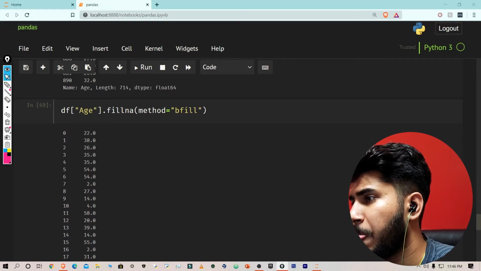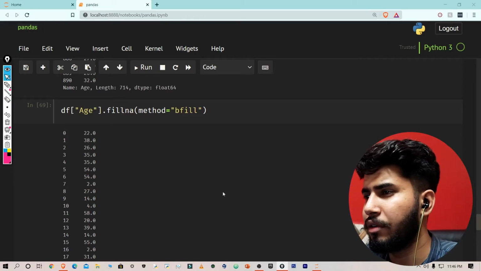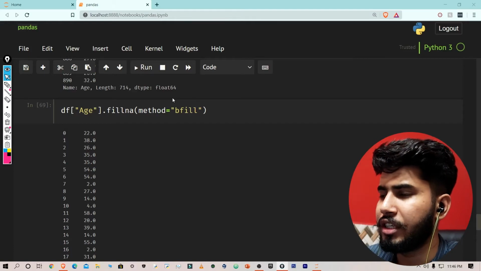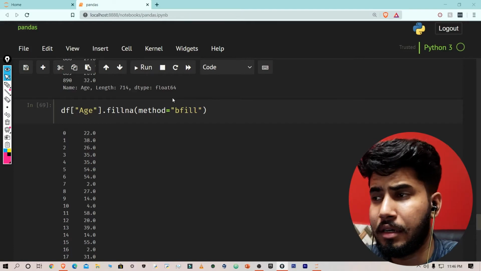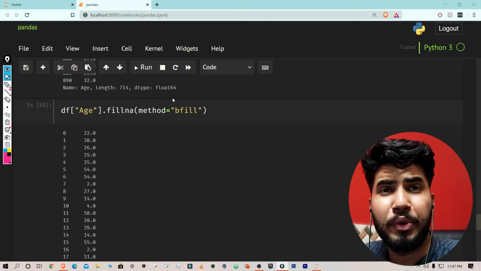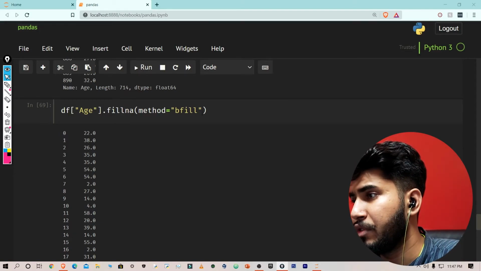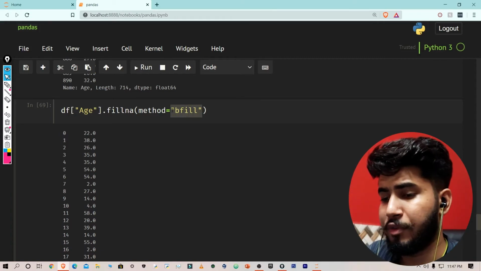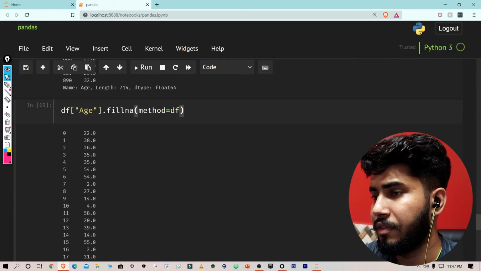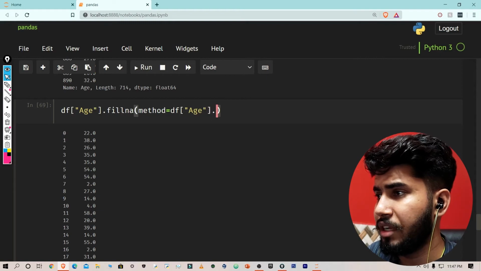Okay, so these are two very basic methods, but personally I don't like to use them, because there is no relation, like the age would be the next person's age, or the age would be similar to the previous person's age. What I prefer to do is to take the mean of all these values and fill it in them. So I'm going to give df.Age, and I'm going to take a mean of this.